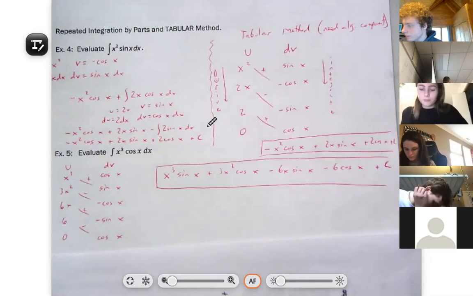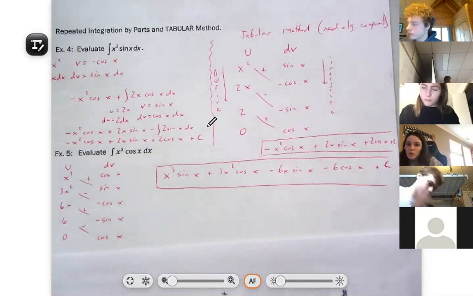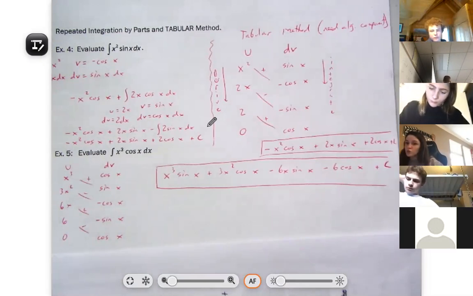Yeah, Steven? I got confused. I differentiated the x cubed as 2x squared instead of 3x squared. So everything was off by a factor of 2 or something. I got all the integration right, but